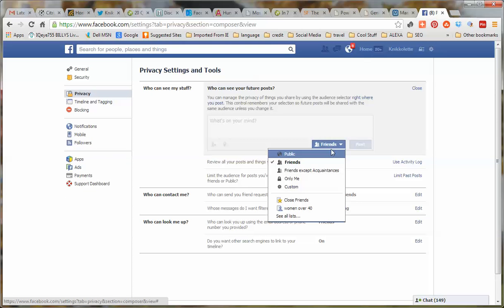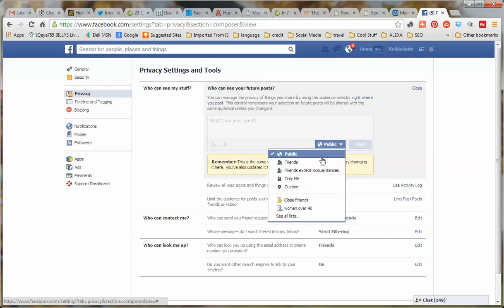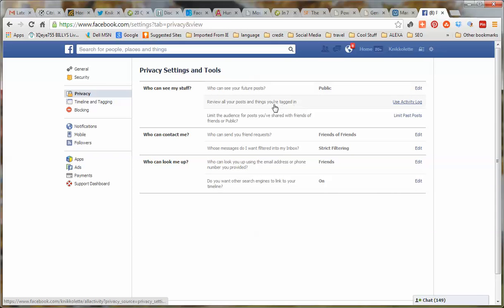And I'm going to change that to public because that's usually my default setting. But you can change that. As you can see, you have a wide array of options: friends, friends and acquaintances, only me, custom. Then you also have an option to create lists and choose a list. And I like that option as well. So I'm going to close that, and then you can see